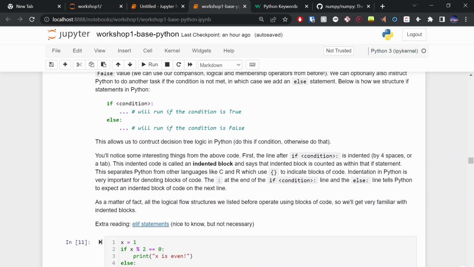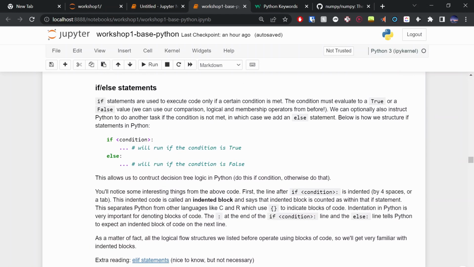So that's if statements. We also have an else clause here. So if that condition is met, we can run this code, and then we can have the else clause, which is directly after that if statement. And this is also optional. Sometimes if x is 2, we do this, but we don't really care if x is not 2. But if we do care if x isn't 2, we can run some other code there as well. So that's the syntax there.